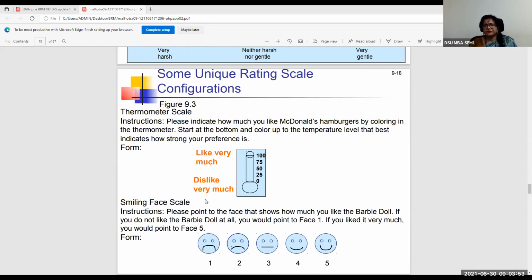And I think, do you recall students, before the pandemic or while we were allowed to go to retail outlets and all that, do you remember where smileys have been used for feedback? Can you please put it in the chat box? Can you recall there are some places where these smileys are actually used as a feedback option? And any of you can remember? Of course, I'll give you some examples where it has been used. Yeah, Sudarshan, where is it?